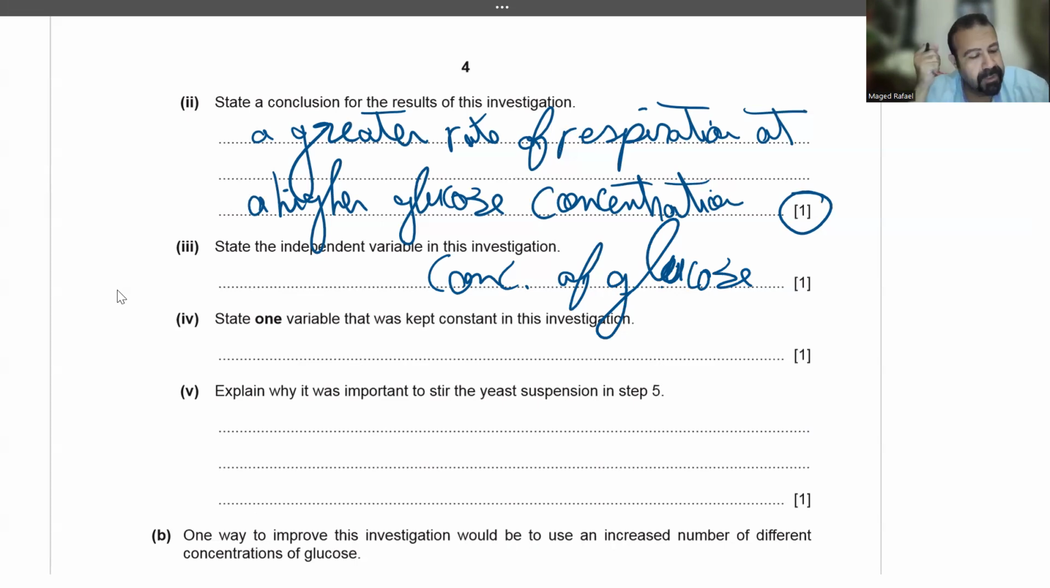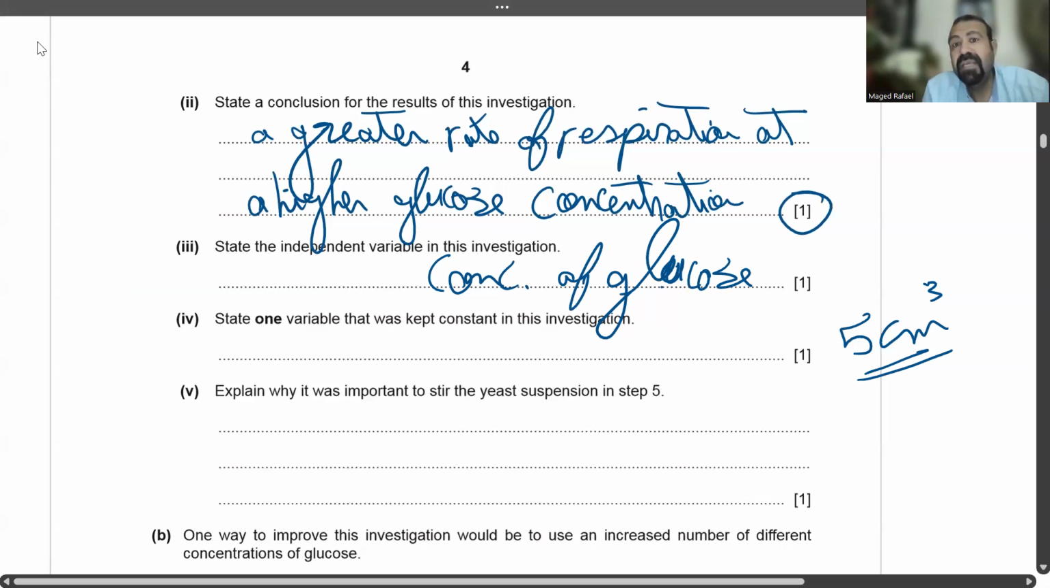Like we mentioned, the concentration of yeast, or volume of yeast, he used 5 cubic centimeter. We mentioned the total volume of the glucose and water. And we mentioned the type of yeast that we used. It should be a control. The time for the equilibrium, 3 minutes for the equilibrium, or 3 minutes for the even distribution of the yeast,